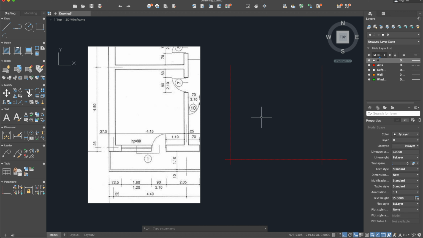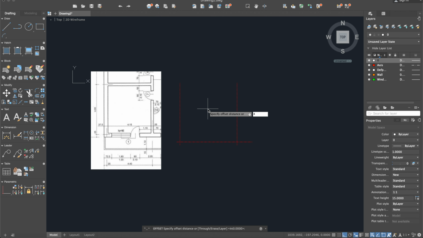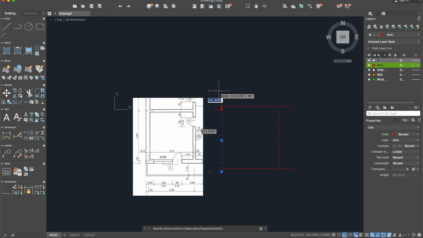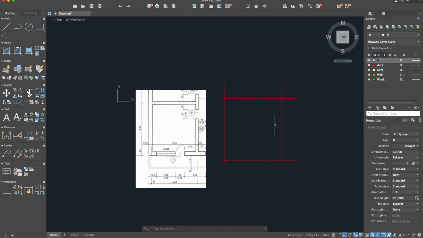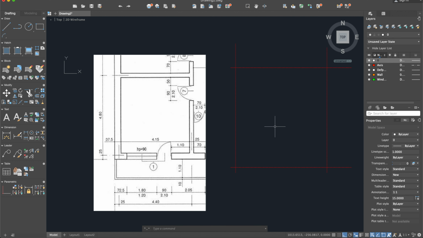Okay, and now I will use the offset command again to build the other axis, which is at a distance of 480, as can be seen here. So 480. I will select this line. Okay, and it's out here. It's not a problem, I can extend it easily. It doesn't matter to be perfectly matched, to have the perfect size. It's not a problem anymore. Okay, now we have already built the axes,